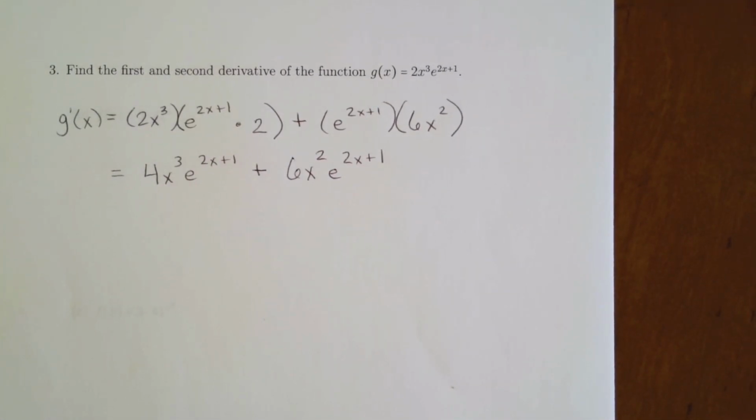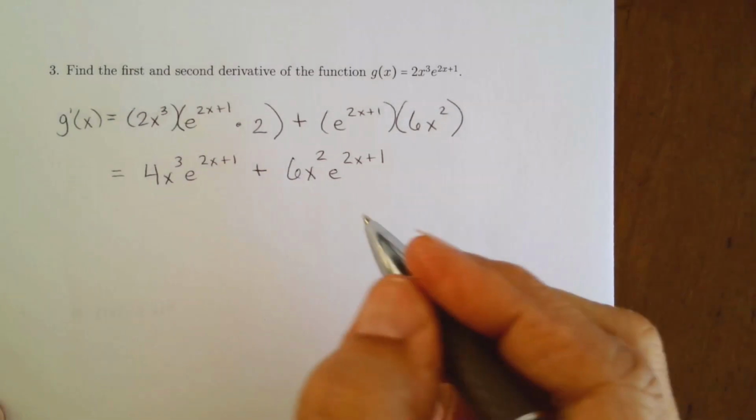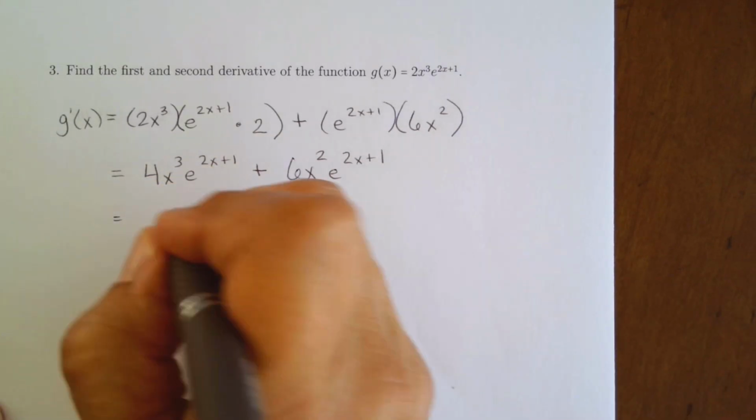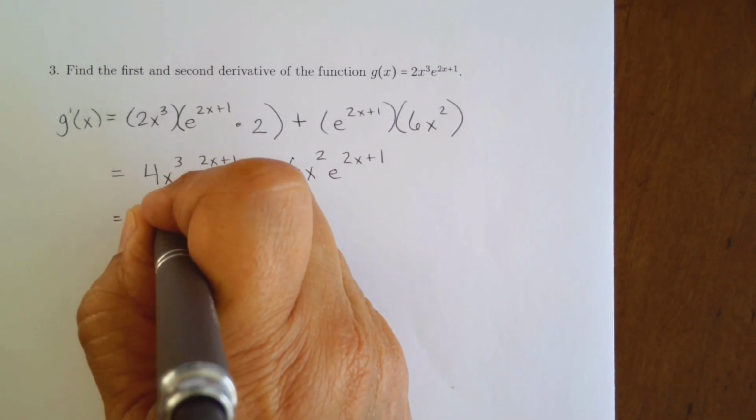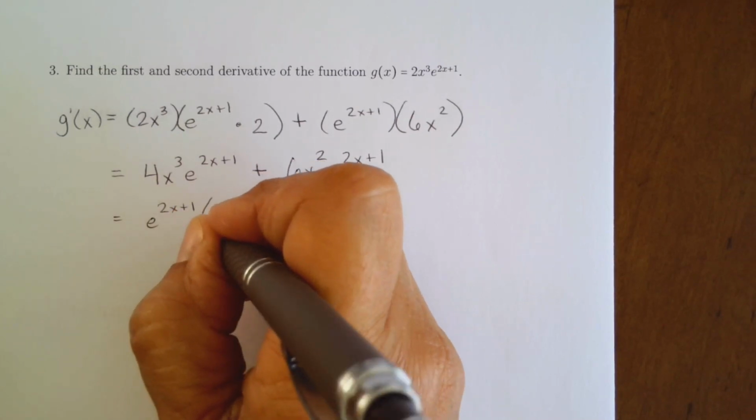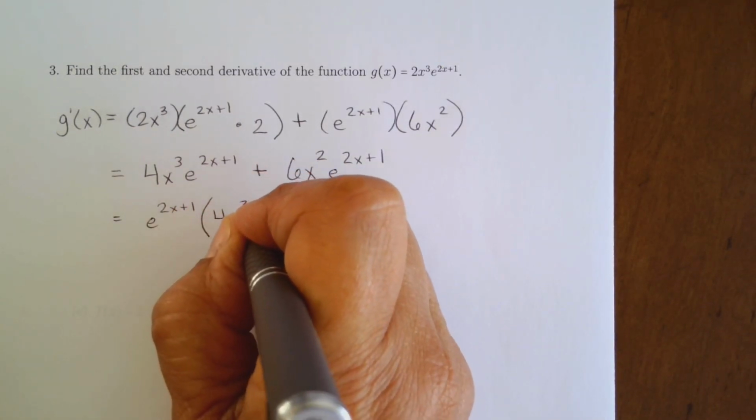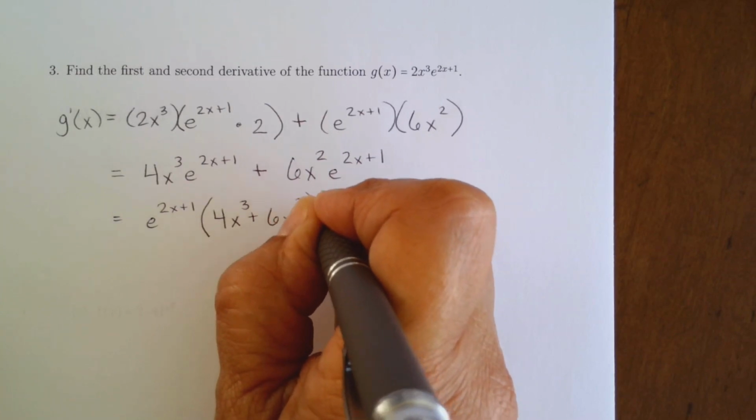All right, so I can leave it like this. I can do some factoring. I guess if I factor out, I don't know which would be easier. I'm just thinking as I'm looking, but if I factor out an e to the 2x plus 1, I know I can factor out more than that. I'm just thinking right now. Okay, so if I just factor that out,